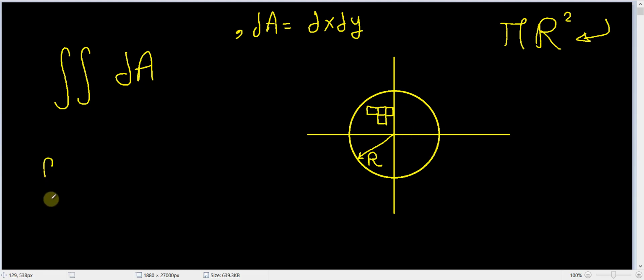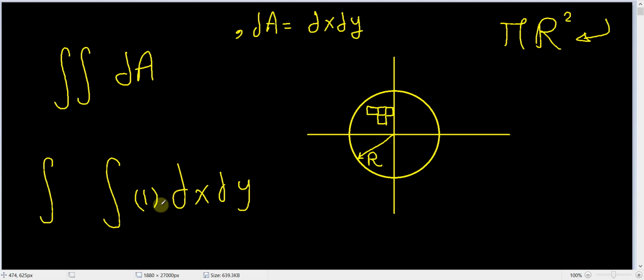So I am doing this integration of dx dy, and here I have my function being equal to 1. Now, what are the limits of my integration? Again, I could start with vertical strips or with horizontal strips. So suppose I start with vertical strips like that. So I will integrate in the direction of y first and then add all those areas until I finish the